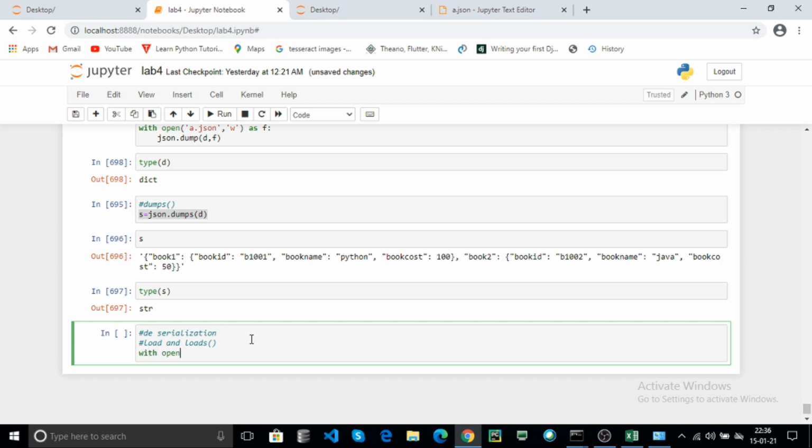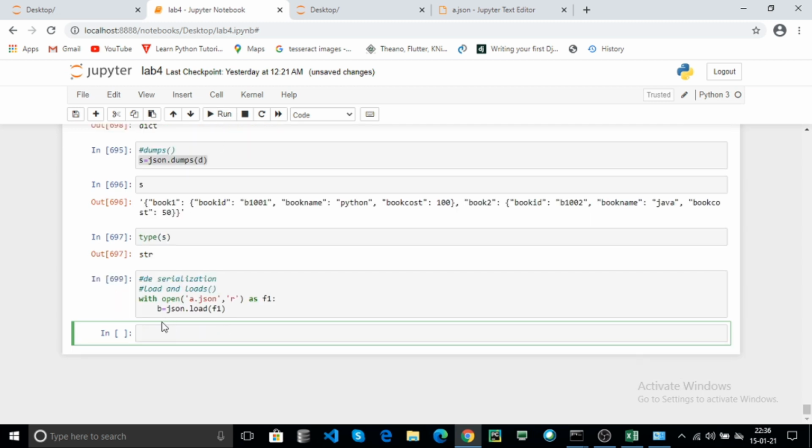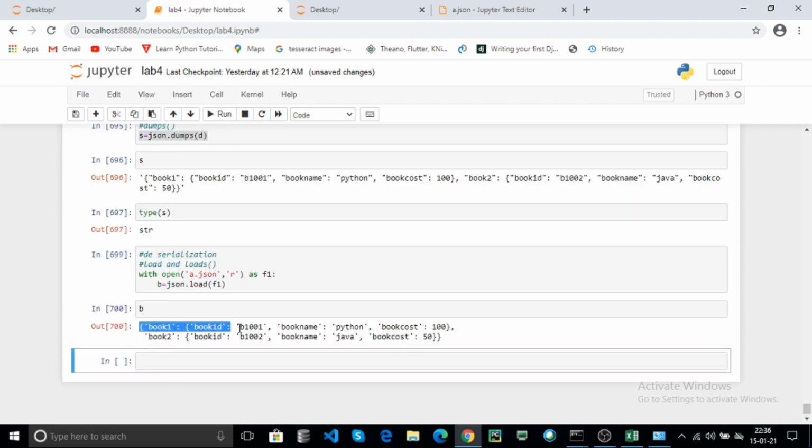With open your file, that is a.json, in read mode as file 1. Now json.load, you can directly pass the file object and store the converted data into a variable, for example b. Now click on run. Now print b. Here it contains the dictionary.